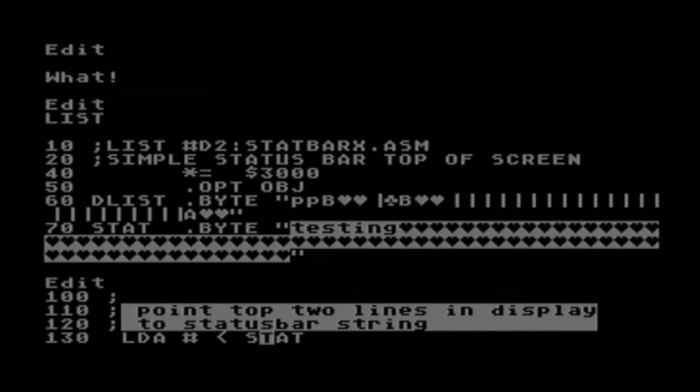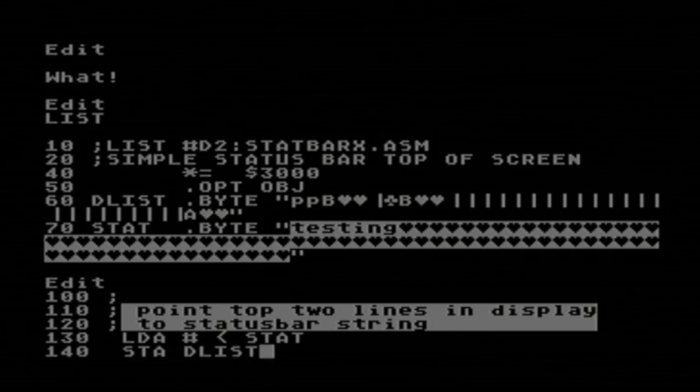If the memory address was 3030, then the accumulator would hold hex 30 right now. So that's a little trick in order to extract the low byte out of a memory location, or an address, if you will. So we're going to store that